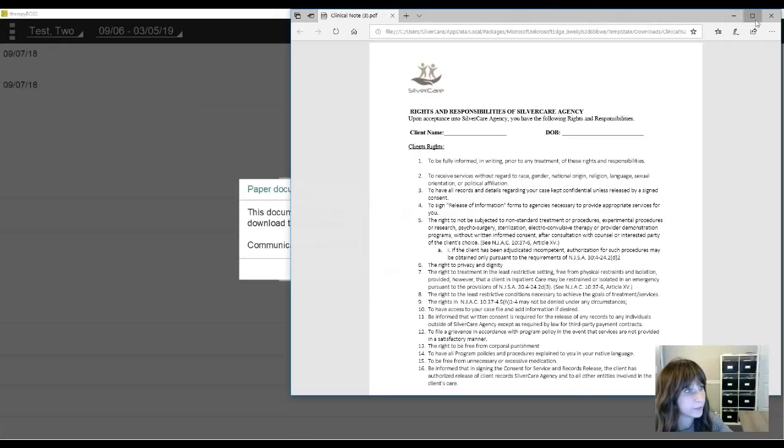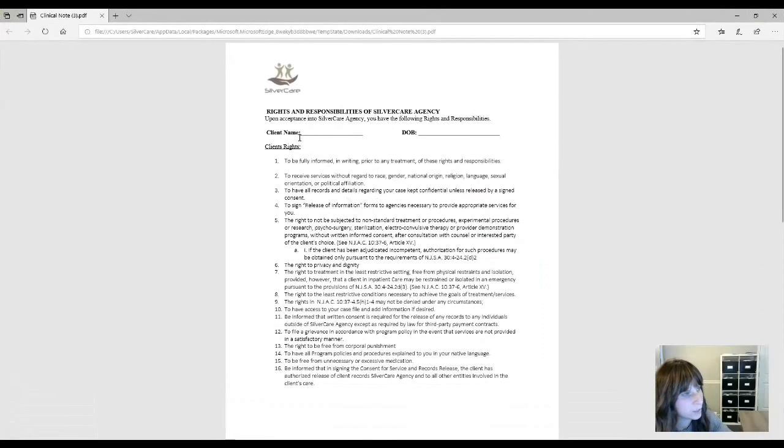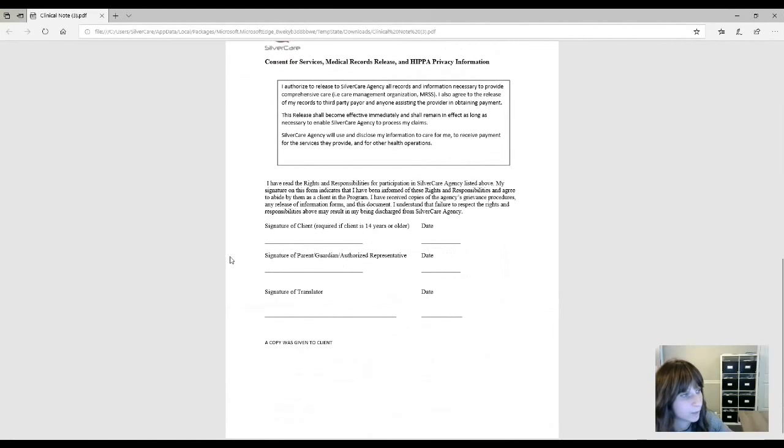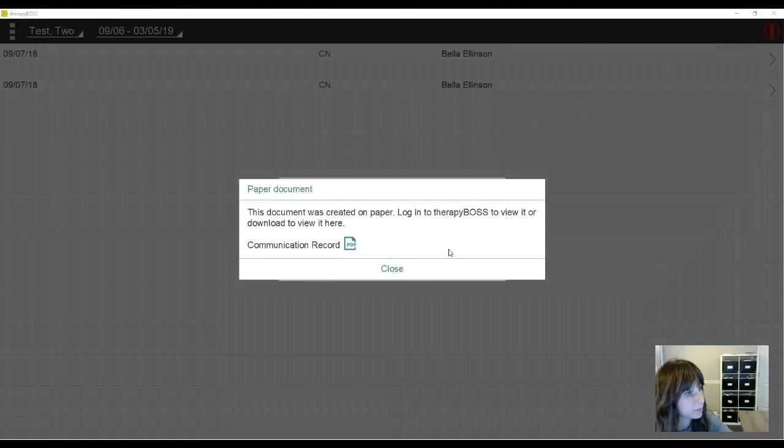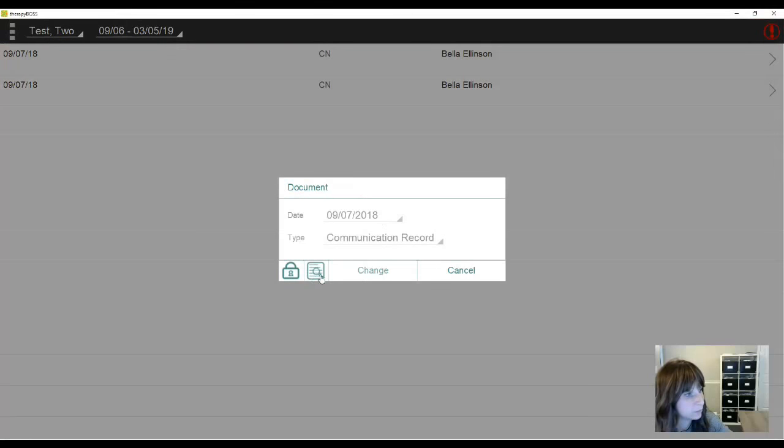This is called the Rights and Responsibilities of Silver Care Agency. You will fill out the client's name. After you're going to print this out, but at the session you would fill out the client's name, the date of birth, and then on the bottom here, the signature of the client, the date, the signature of the parent, and if there's a translator, a signature there. That's the first CN that you're going to be printing, and then the second CN that you're going to be printing would be,